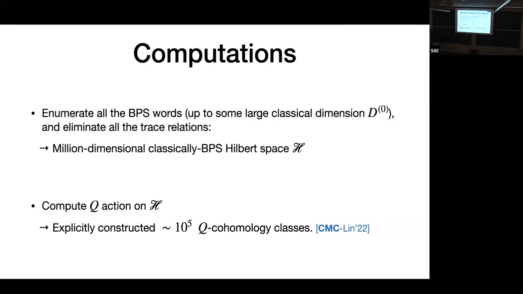So the claim is that from this million-dimensional classical BPS space, only like 10% are the inequivalent cohomology classes? Yeah, basically. Some of them are related by Q, and so they will form pairs, and this is not Q closed. So just asking if it's like a reduction by 10. Yeah. After you take cohomologies, yes.